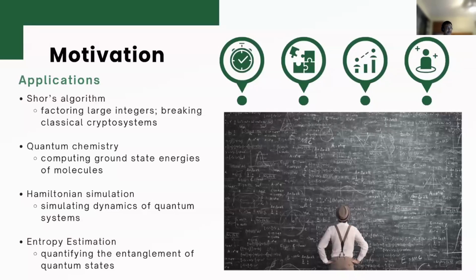It's also really important for things like quantum chemistry. Say you wanted to find the ground state energy of a quantum system, you would need to perhaps diagonalize the Hamiltonian operator, but Hamiltonians get exponentially large. So having a way of estimating this eigenvalue of this Hamiltonian without diagonalizing it is very powerful.